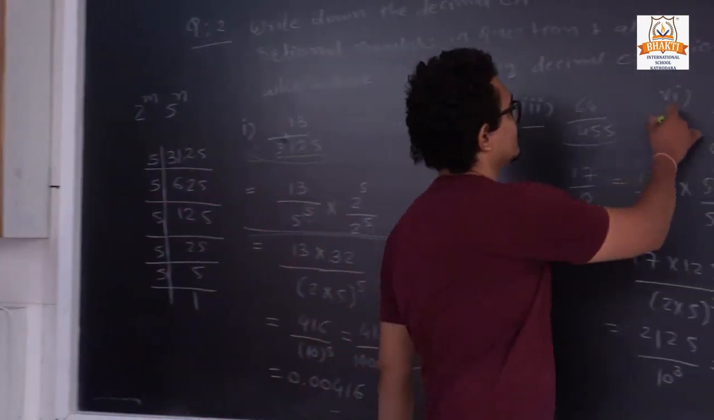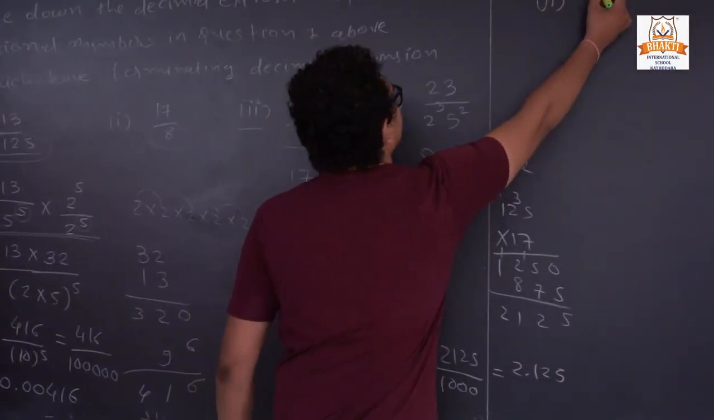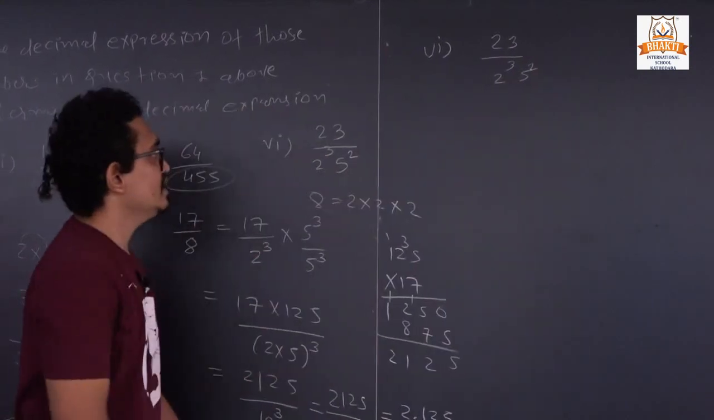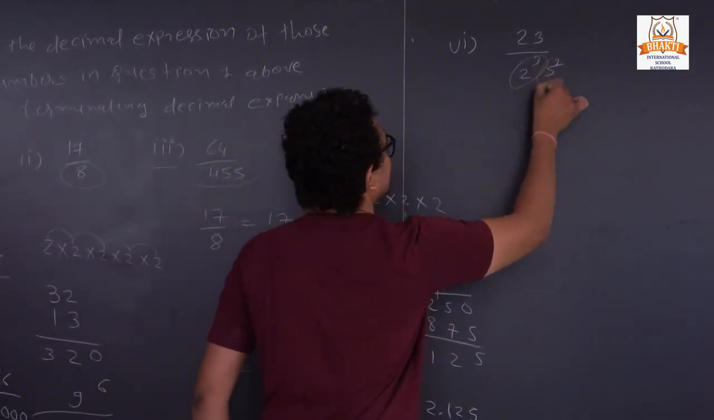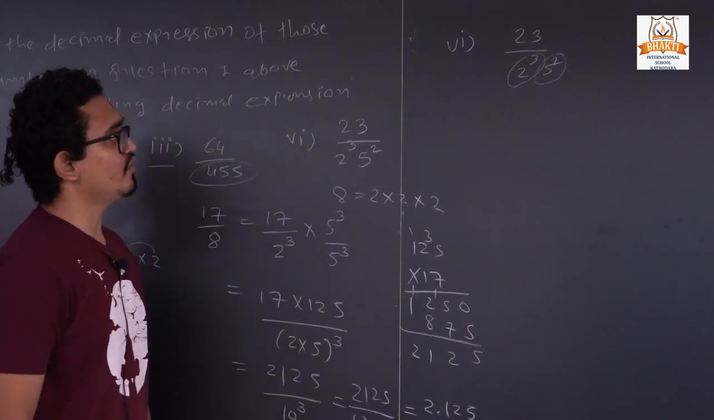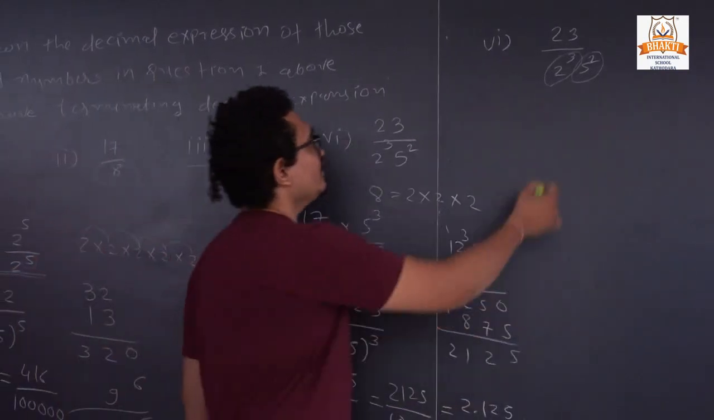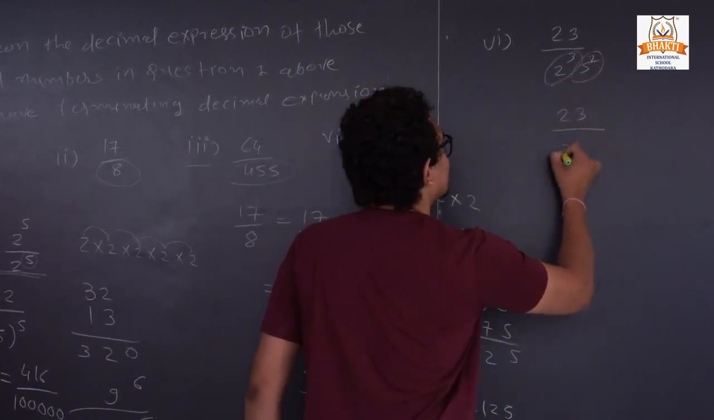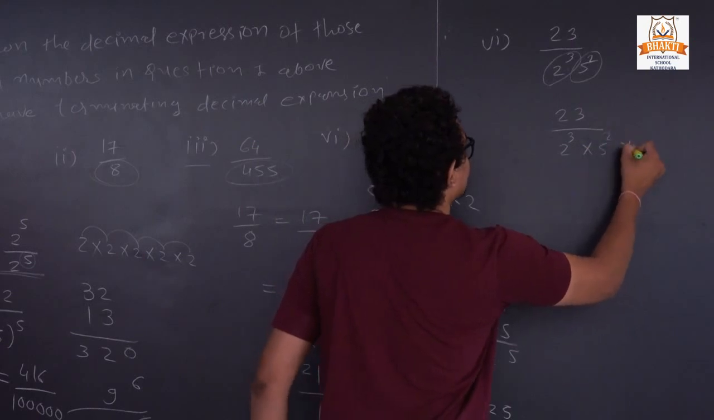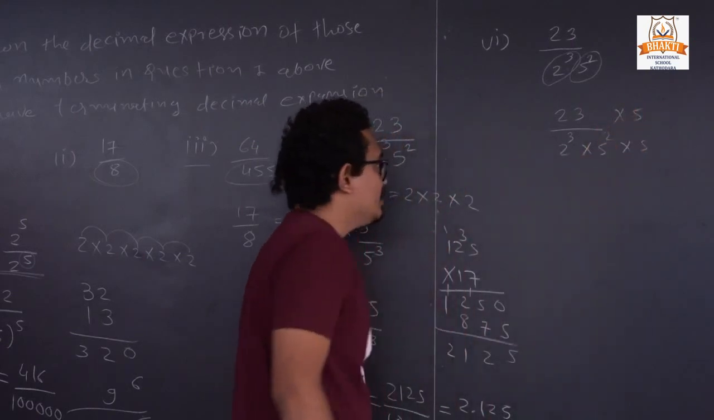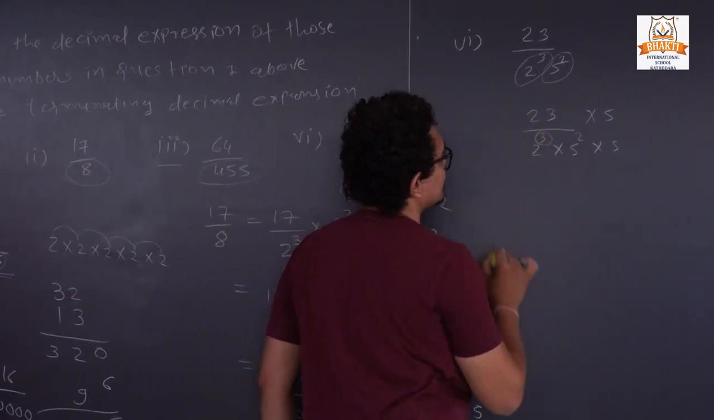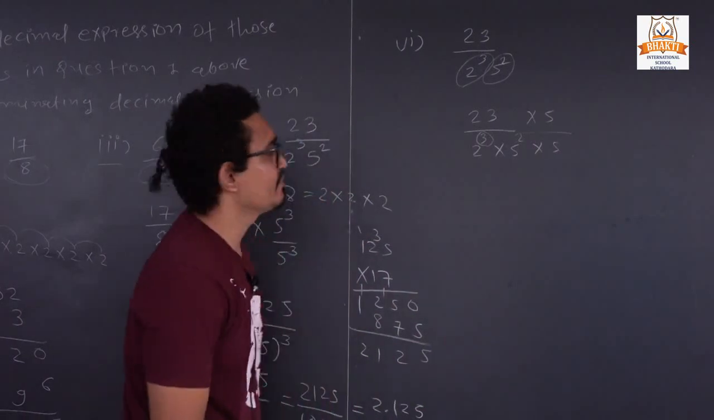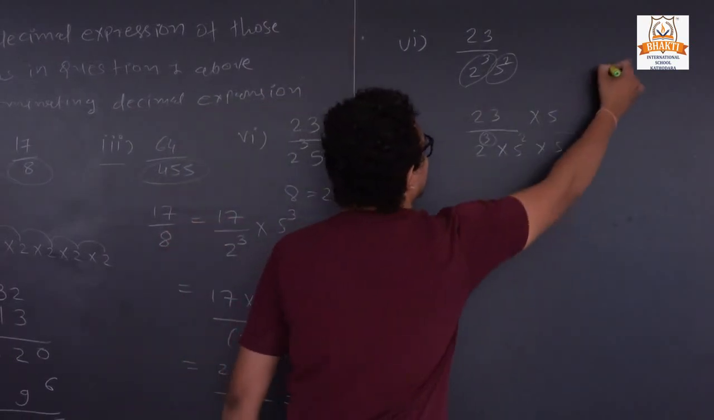So the last question of that exercise is 23 upon 2 raised to 3 into 5 raised to 2. So here we have both terms, 2 as well as 5. For that, first of all we can make the powers the same. So here we can write 5 raised to 2 into 5, because here we have a power of 3. So here we also make the power 3. So we are multiplying and dividing by 5. So now 23 fives are